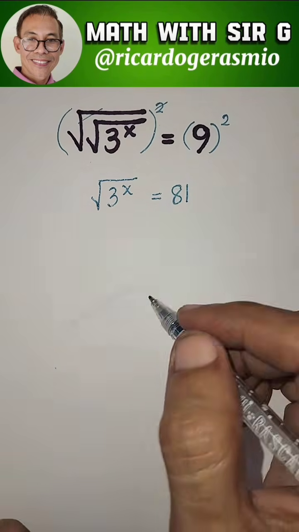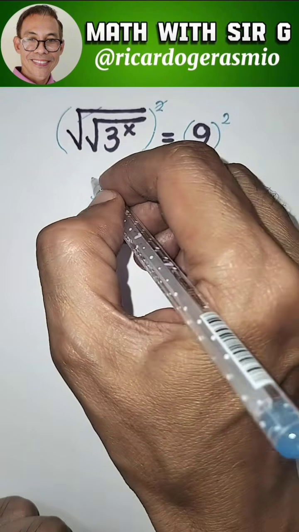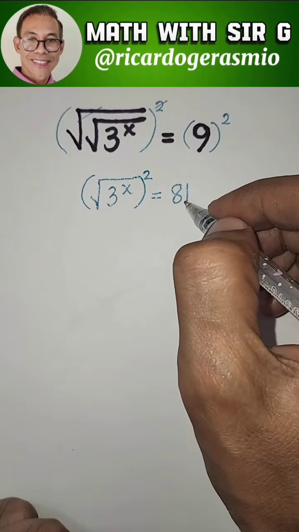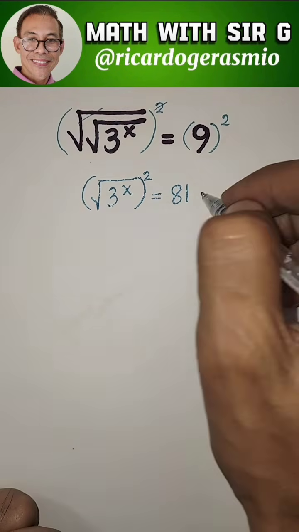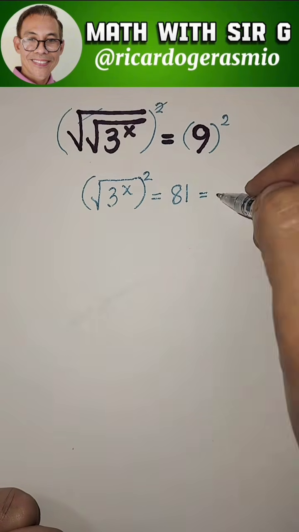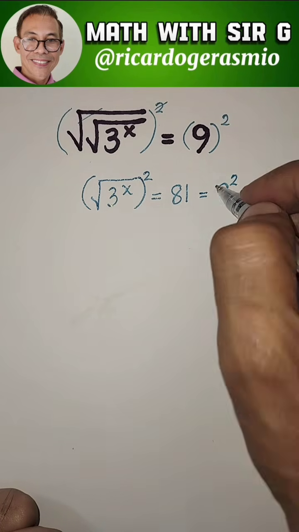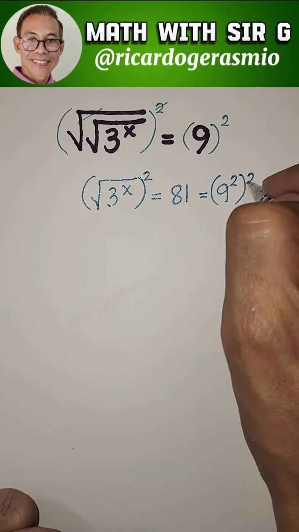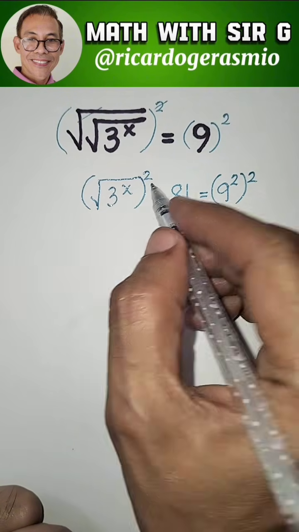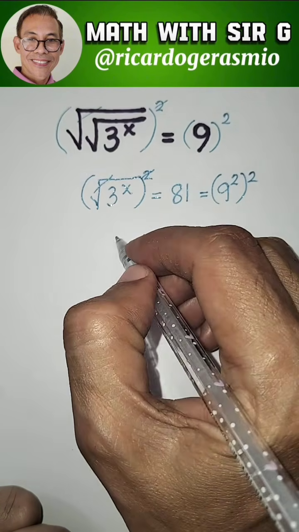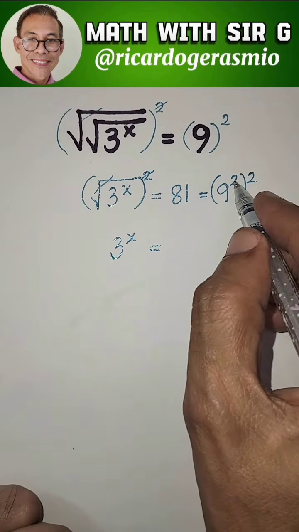Okay guys, so next we again get the square of both sides. The square of 3 raised to the power of x, and then 81 will be changed into a power of 9. So let's have 81, the base is 9, and then we have the power of 2 and raised to the power of 2. Okay guys, so the square of the square root of 3 raised to the power of x is simply cancelled, and then we will have 3 raised to the power of x equals the answer of this, 9 raised to the power of 2